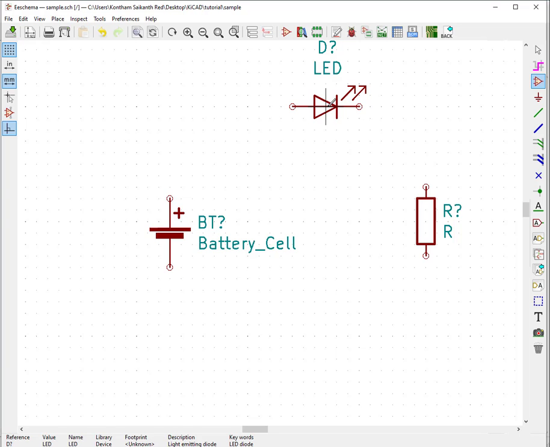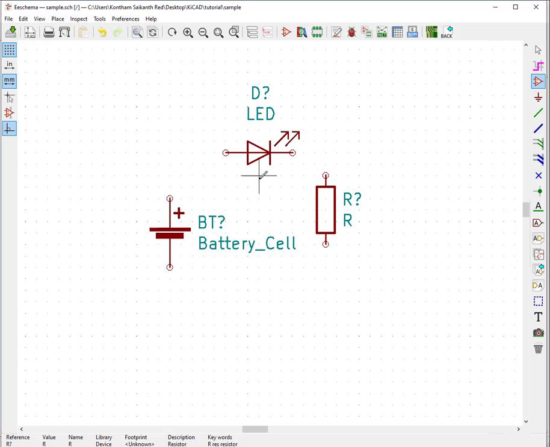If you want to move this component, just place your cursor on the component again and press M once, and your component is ready to move. Now you can see that if you move your mouse, the component will be moved accordingly. If you want to place the component here, just left click and the component will be placed. Again I want to move this one here just to have some closeness.